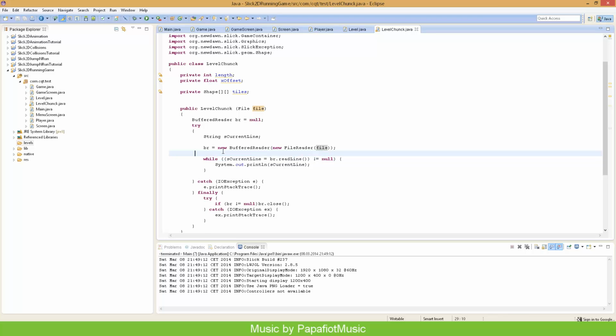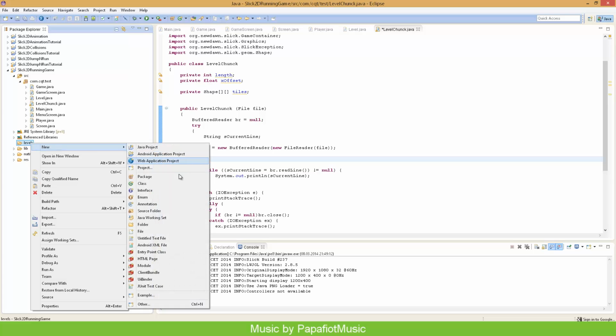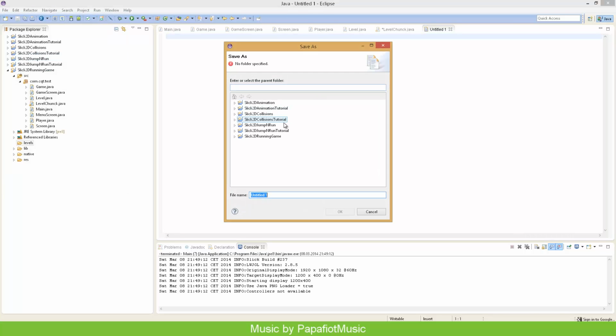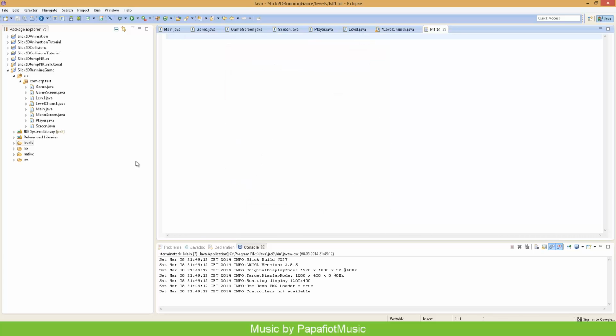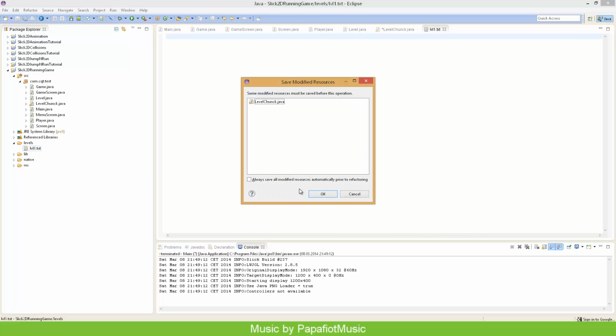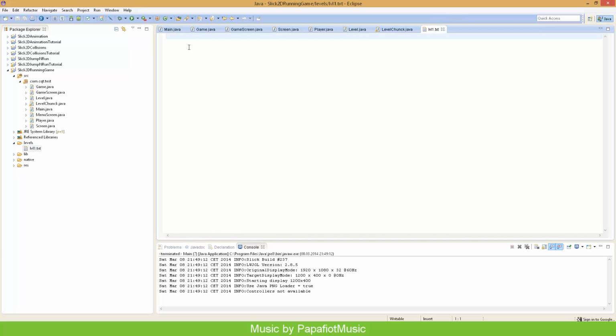What we will do here is the first line, let's get to our level format. New text file, here we go. File, CFS, running game levels, level 1.txt. So, okay. So here we go, we got our text file, and the way I want to save our level is,